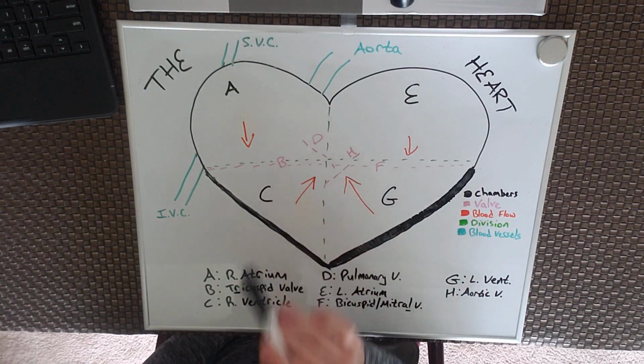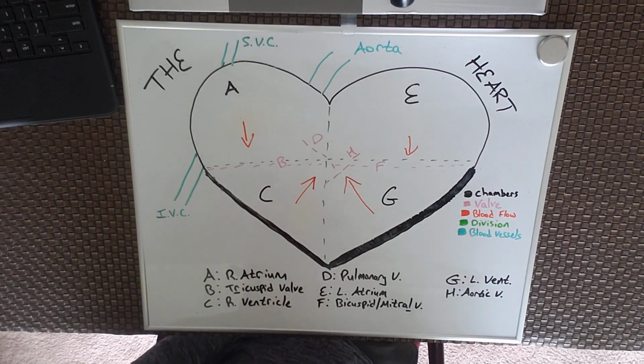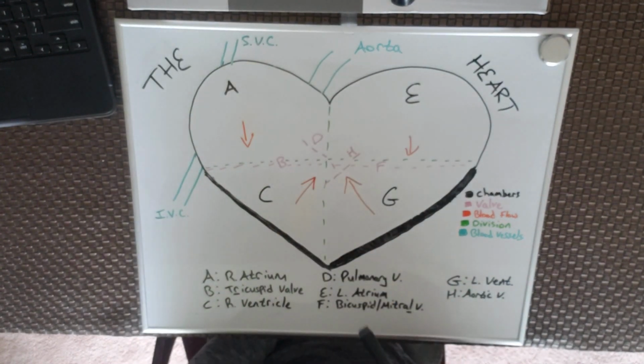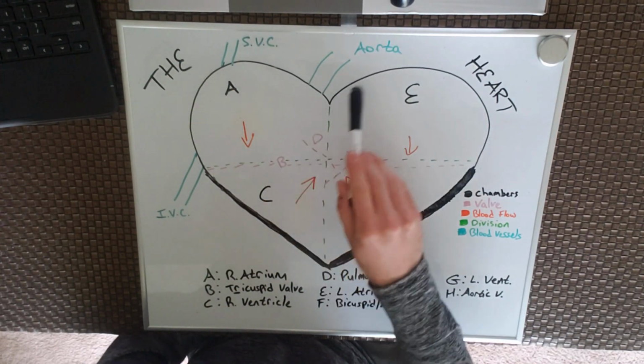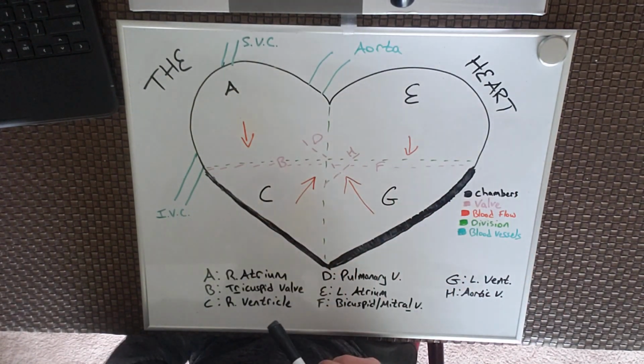So let's focus on the atria. Atria is plural, atrium is singular. So let's focus on the atrium. If you notice, the walls of the atrium are thinner than the walls of the ventricles. That's because,